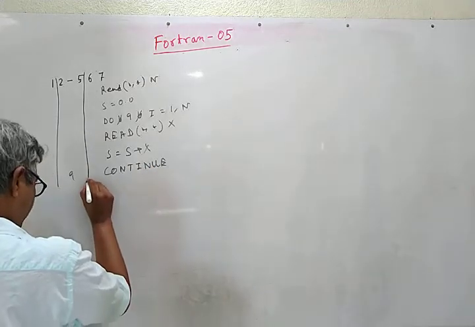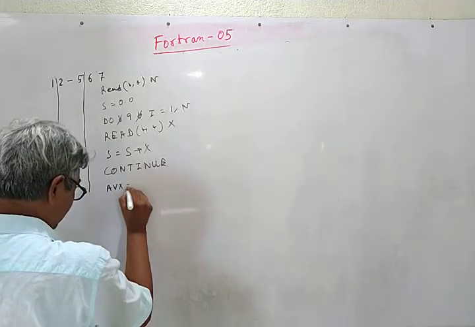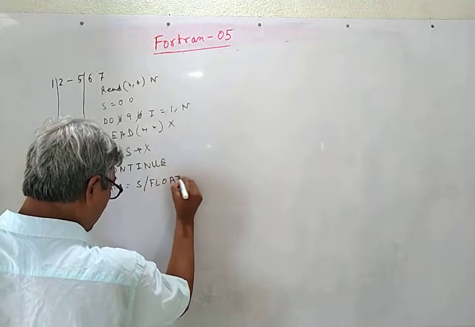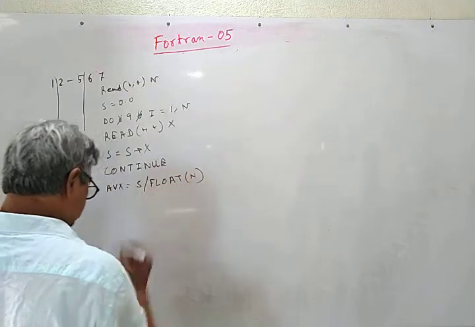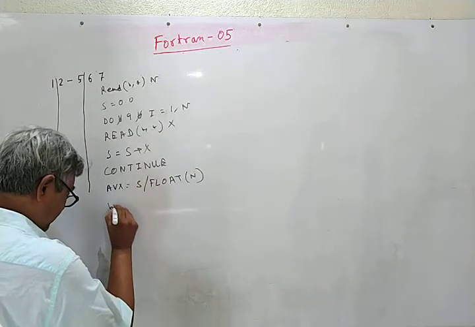Now come to the average value. Av of x is equal to s divided by float n. I have already asked you about the float program, and so write